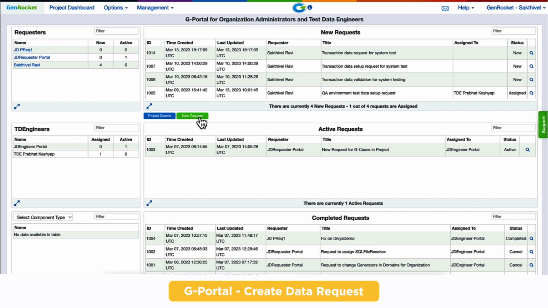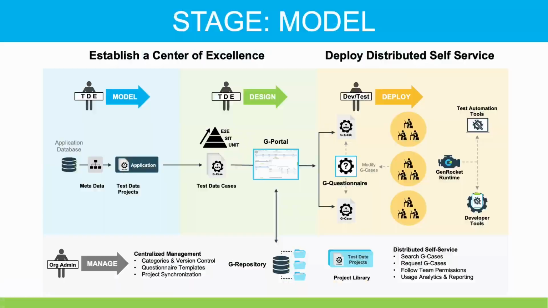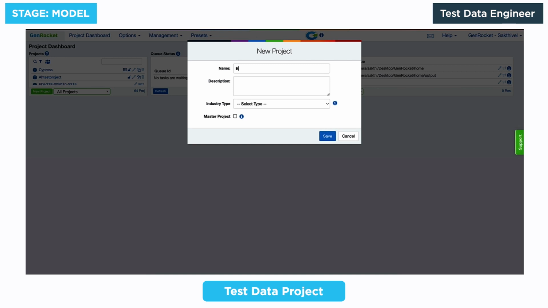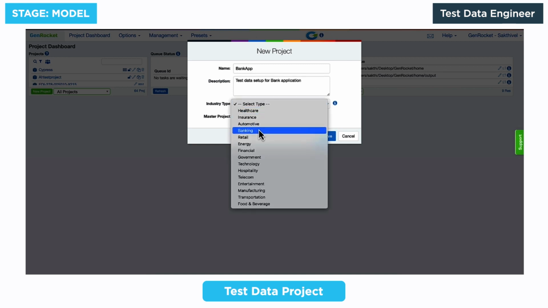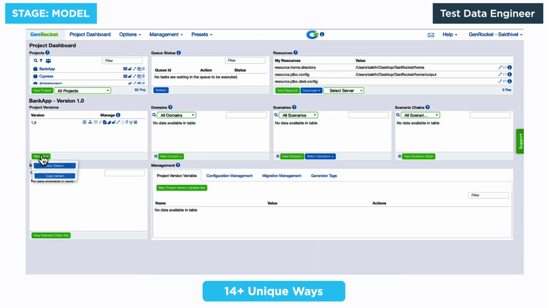So now we're in the demo, and you can see that the tester can put in the request, use a given, when, then methodology, submit that, and that request goes across the system through the portal to the test data engineer. The test data engineer starts by modeling the test data project. They create the new project name, in this case, bank app, use the industry type,